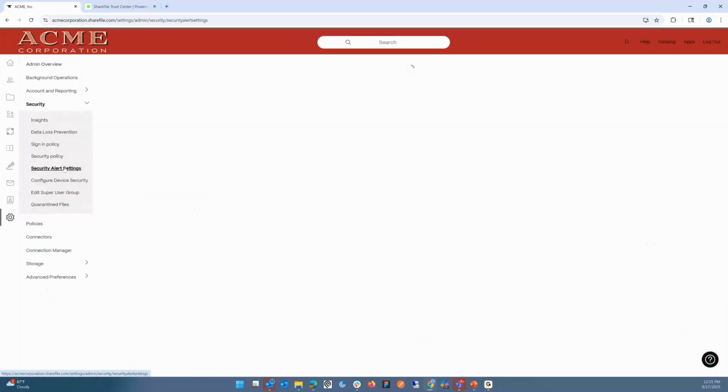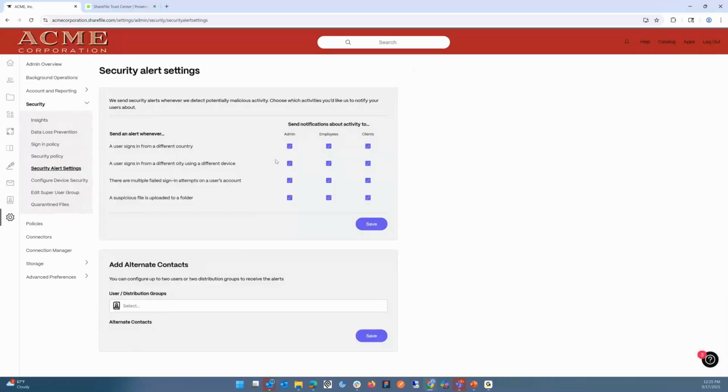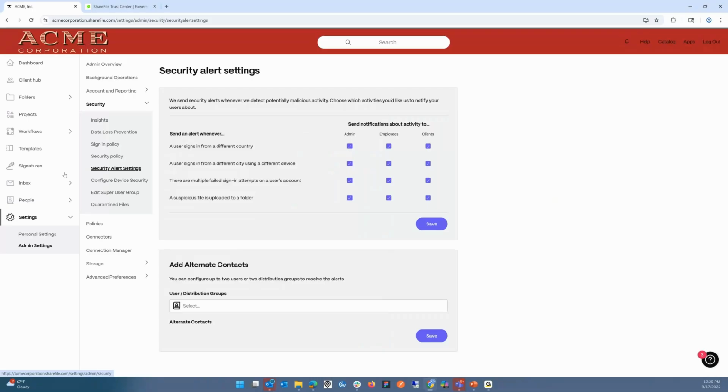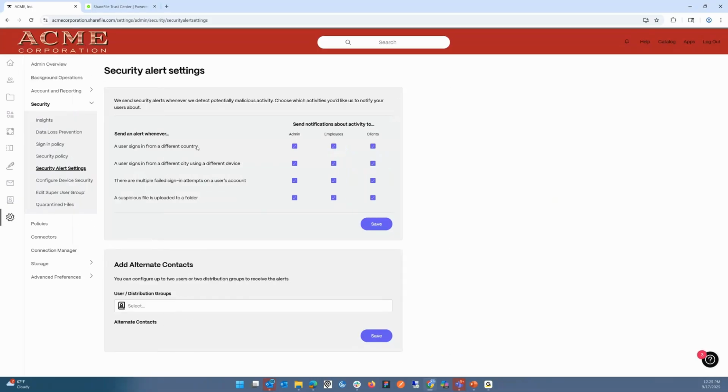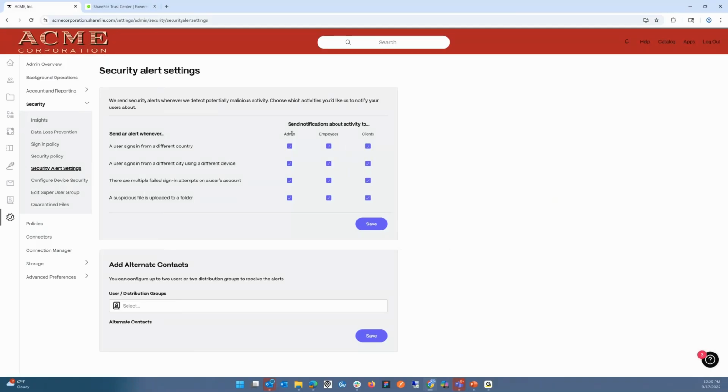And we can configure our security alert settings in admin settings, security, and security alert settings, so that different types of individuals will be notified when any one of these events occurs. So the nice thing here is one of the